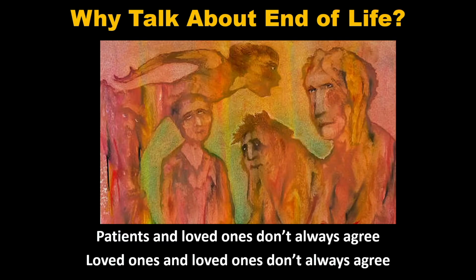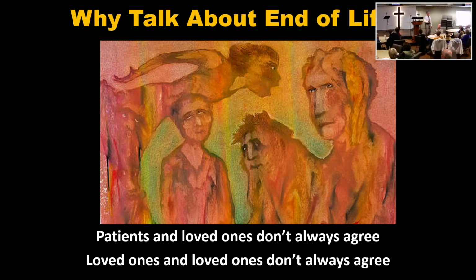Because we're all old heads here, but we don't see it. I mean, Judy and my wife would tell each other, I don't feel 74. But somewhere in my body, something feels 74. Now, this is really important, why you need to talk about it. Because patients and loved ones don't always agree. Now, here's a great unspoken truth. Disease and dying doesn't make people better people. Some people think when somebody starts to die, they'll somehow become noble. No. Disease and suffering makes them more like themselves.